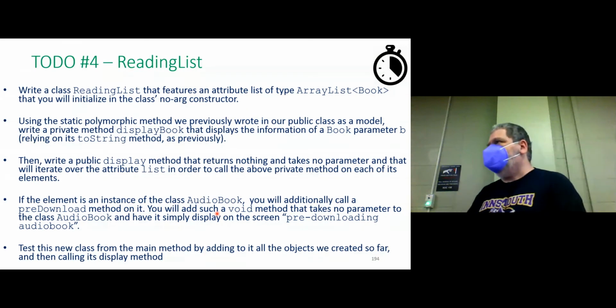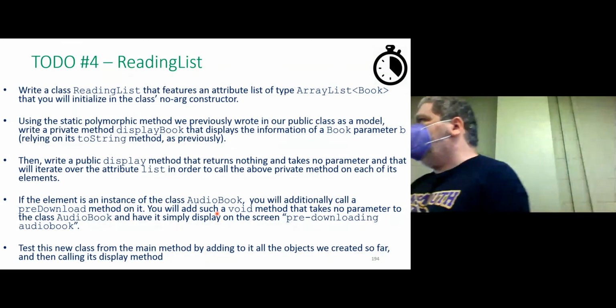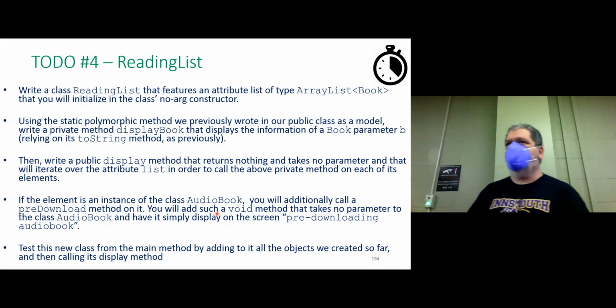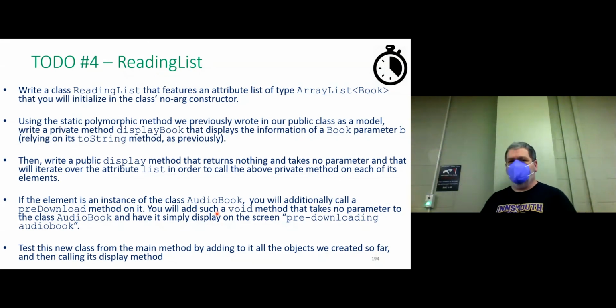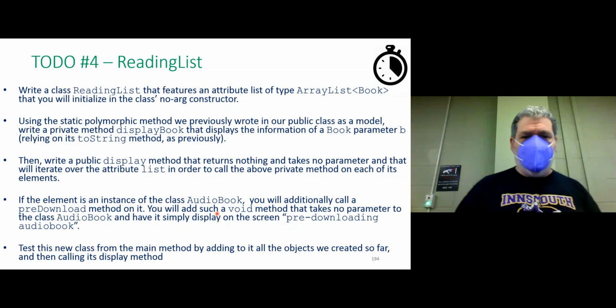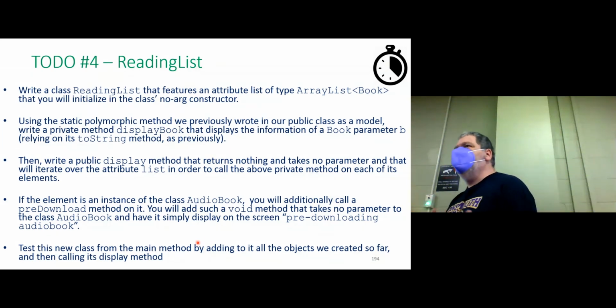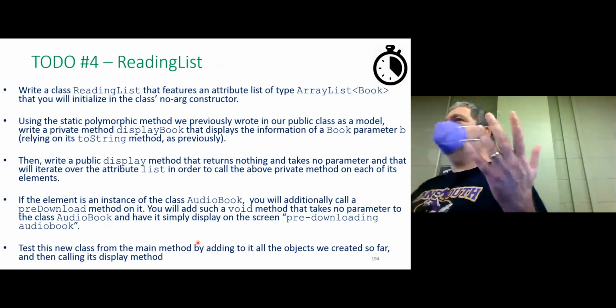When you detect one of your elements is an audiobook, I want you to call on that element, using downcasting, the special method that you know only that element has, which is pre-download, prefetch audiobook, whatever we are going to call it. Okay? So we are putting together all the structures that we have learned to deal with for the last 2 weeks again. And then test this class, do it exactly like we did, compare,